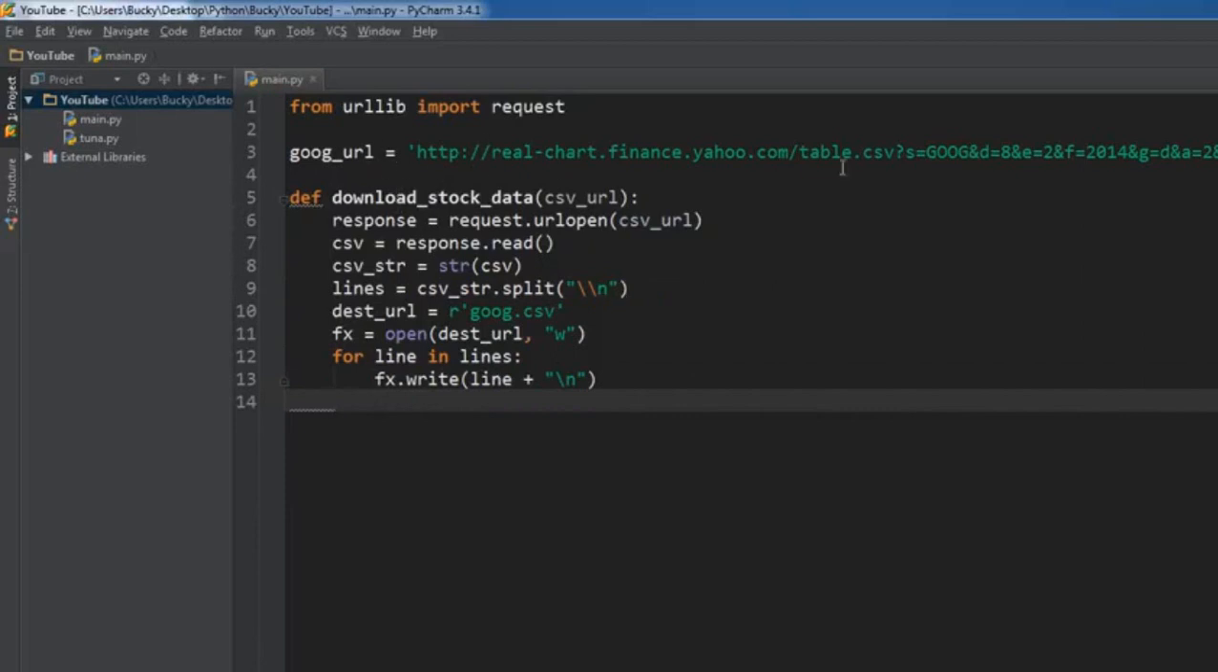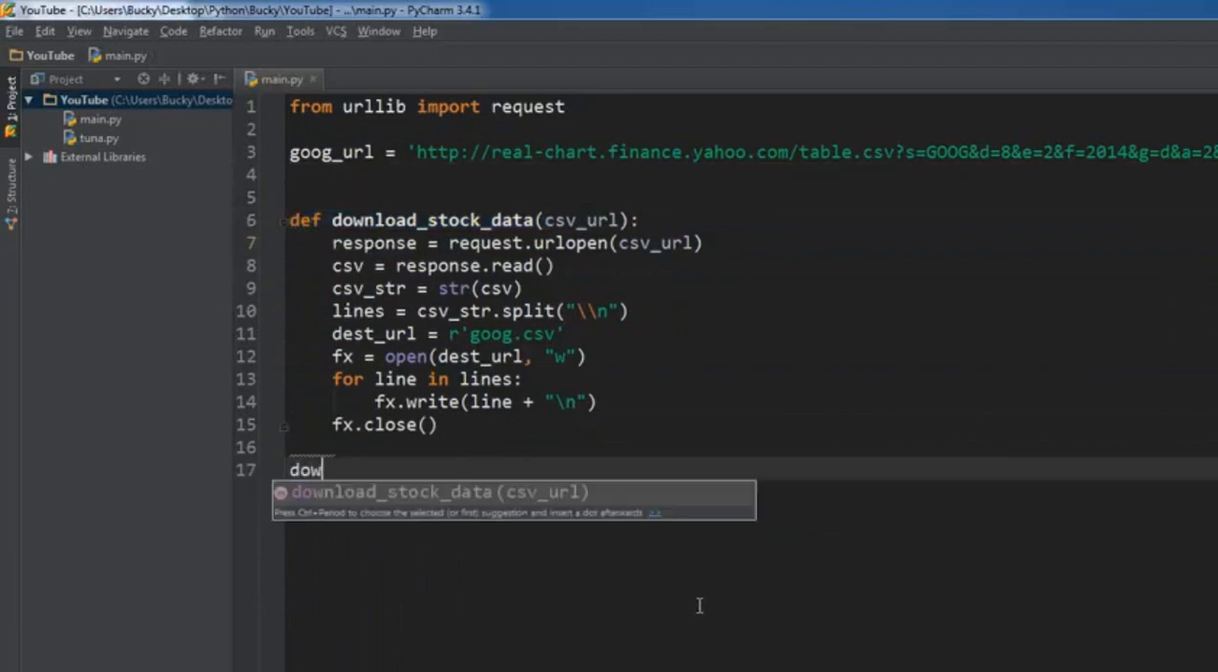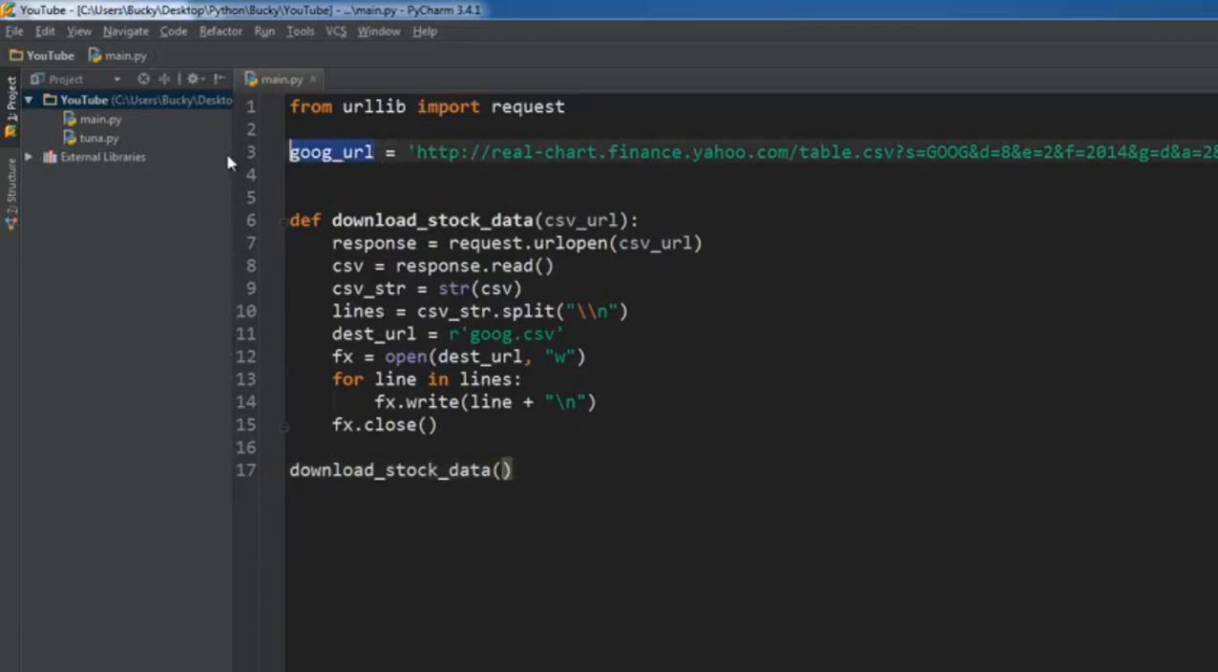So again, this is what we want to download, connect, save it as a string, make a file on our computer, write to the file. The only other thing we have to do is close our file object, just so we don't waste any memory on our computer, and then we need to call this function right here. So call download stock data, and the URL that we're passing in is of course the Google URL. Take note that on the left hand side I deleted all the other files that we didn't need from the last tutorials. So right now I only have main and tuna. Now whenever I run this,